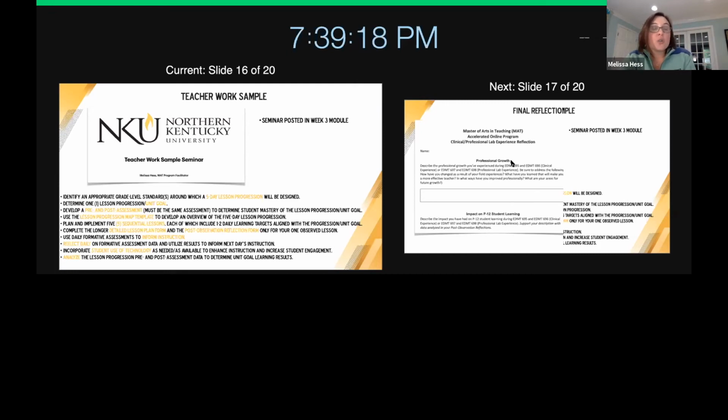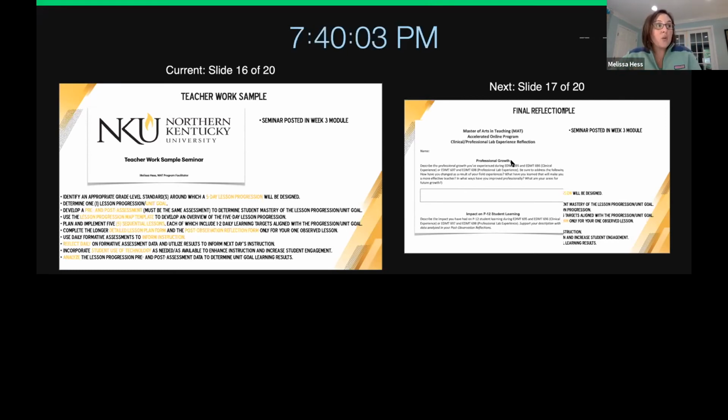So your teacher work sample is a 5-day lesson that you're going to teach. And it even says 5-day lesson progression because it's not going to be a unit, because units don't happen in 5 days. It's not going to be you pre-assess on day 1 and have your final assessment on day 5. So just some snippet of a unit that's a 5-day lesson progression. It's one that you have designed. Now, it says that if you are using curriculum, if you are using something that your mentor has said to use, that also counts because that's the real world.